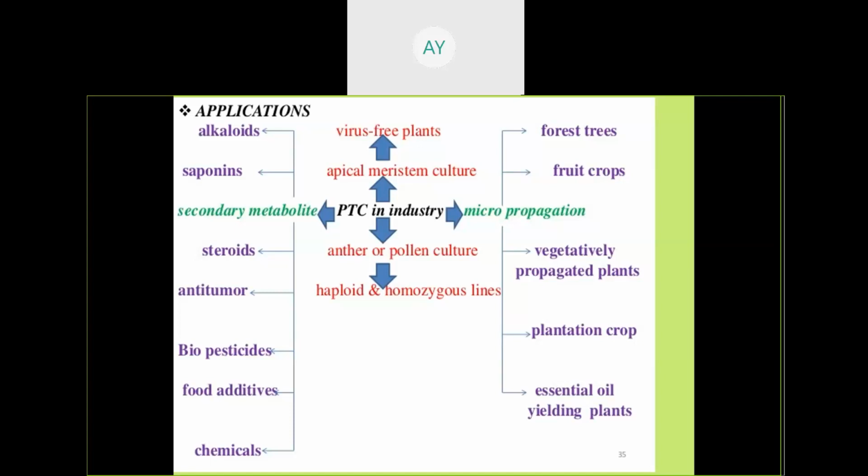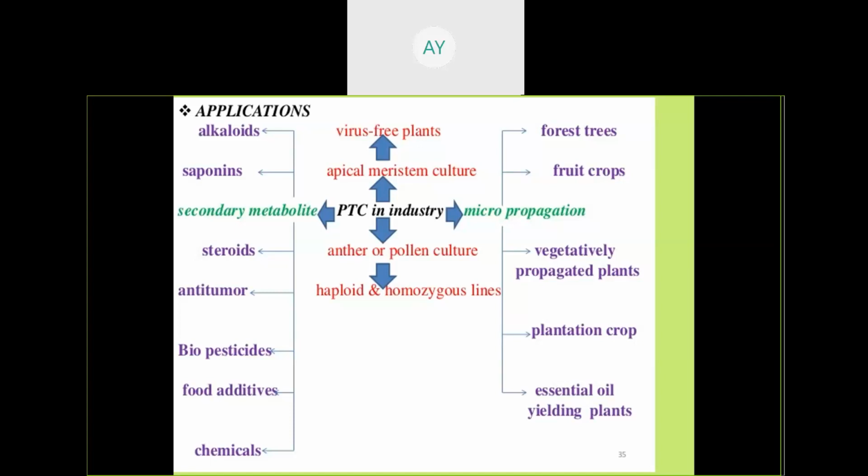Do you know essential oil? Oil that has perfumes, that creates a perfume, used for perfume preparation, that is known as essential oil. Plantation crop आपको पता है, means we can utilize this technique for all the types of crops. It can be vegetable, it can be a fruit, it can be essential oil, it can be a plantation crop. आपको हो सकता है, टी को भी बोल सकते हैं, कॉफी को भी बोल सकते हैं, ठीक है ना, जनरली प्लांटेशन का उसी को बोला जाता है, और आपको सेकेंडरी मेटाबोलाइट प्रोडक्शन करना है तो उसके लिए नेक्स्ट एप्लीकेशन दैट इज द